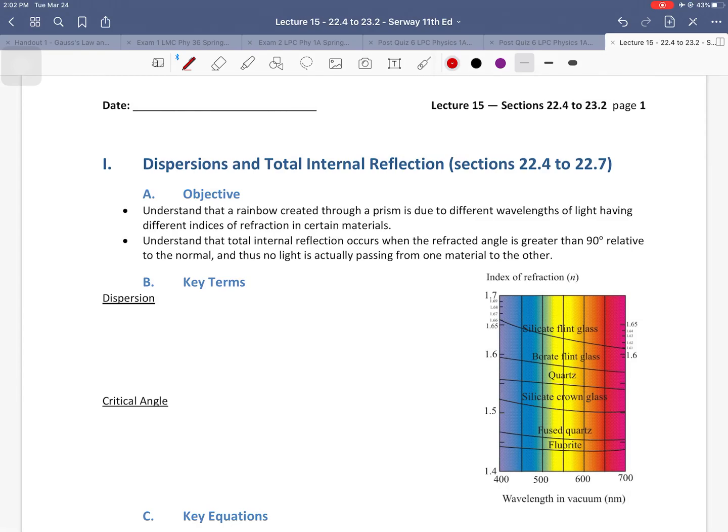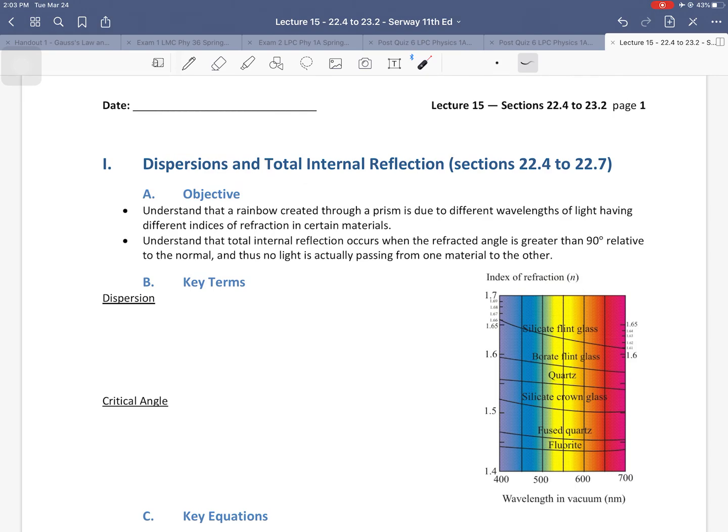Hello and welcome to Lecture 15, where we're going to cover more on geometric optics, also known as ray optics, and cover the second half of Chapter 22 and the beginning half of Chapter 23 from Survey 11th edition. In the first half here, we're going to cover the topics of dispersion and total internal reflection,